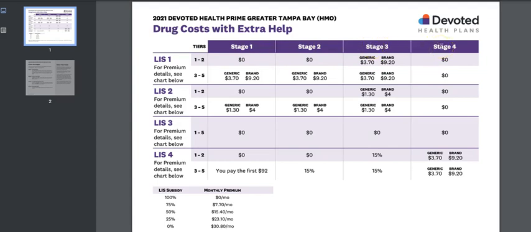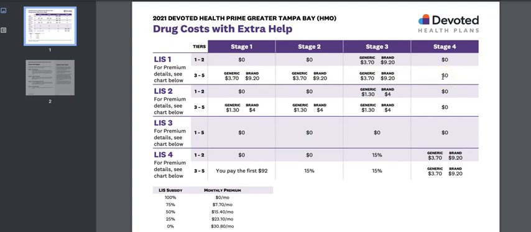Stage 4 catastrophic coverage. If someone who is low-income subsidy level 1 takes a prescription that falls under tiers 3 through 5, depending if that prescription is a generic or brand, then determines what their cost share amounts will be in stage 1, 2, and 3, and then again as we move on to catastrophic coverage, their cost sharing amounts